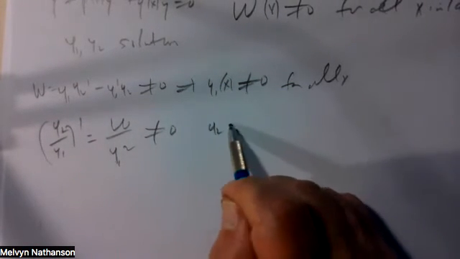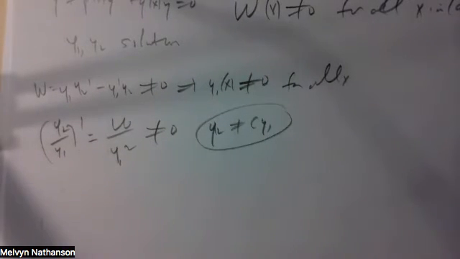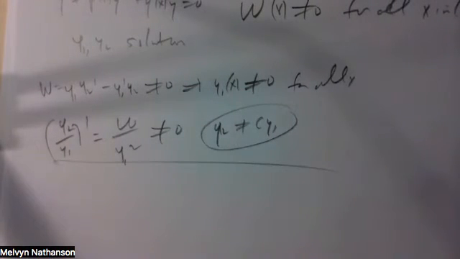So y2 is not a constant times y1. And they're linearly independent. So this in the text, this is theorem